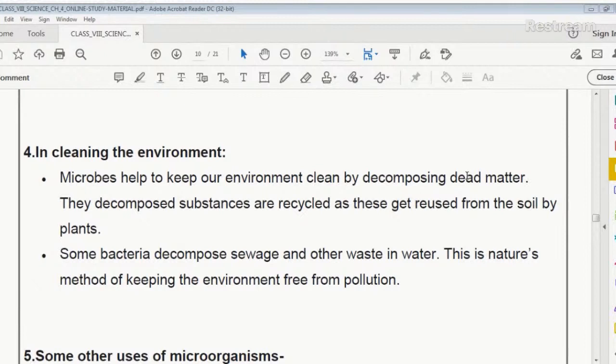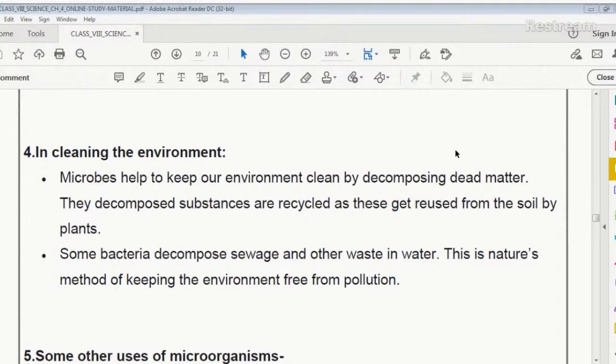Now we often see large amounts of dead organic matter in the form of decaying plants, and sometimes dead animals on the ground also, don't we? We do. So what happens?